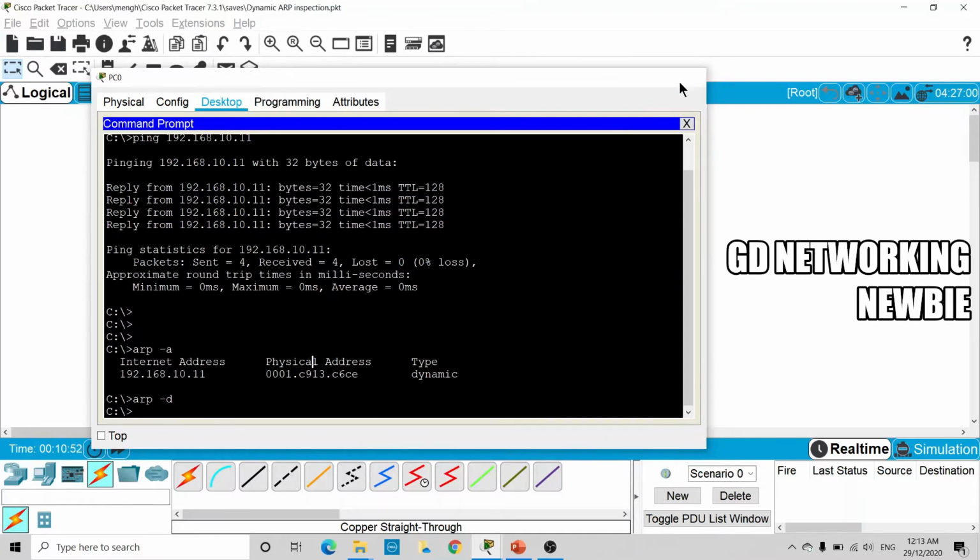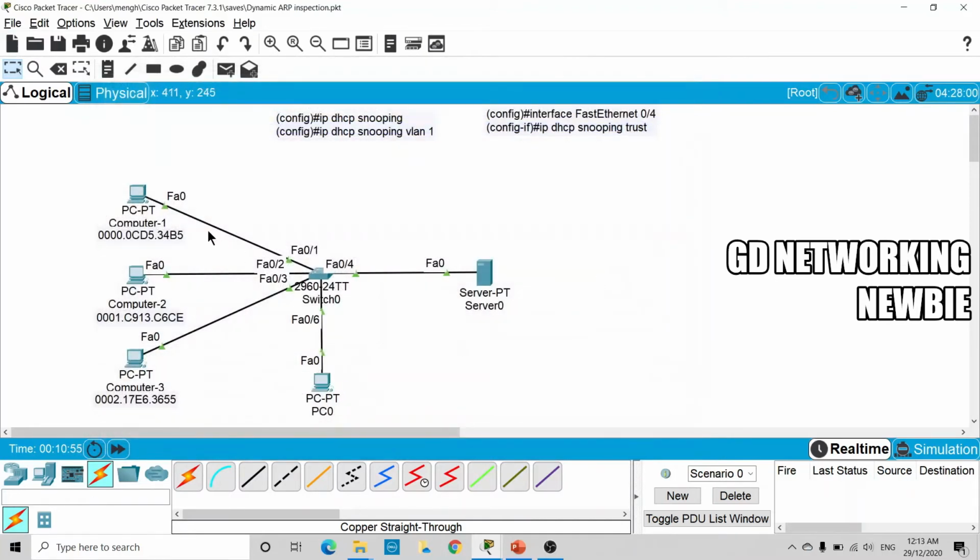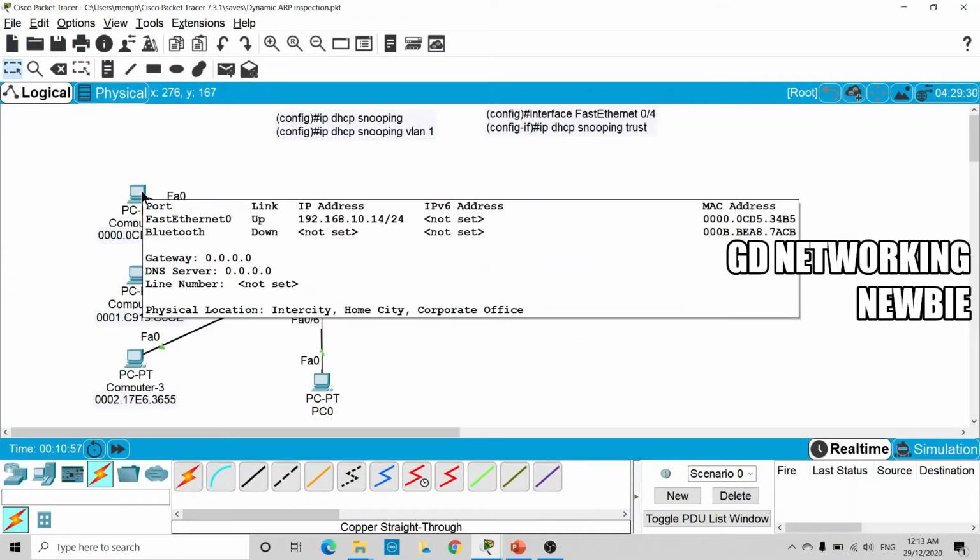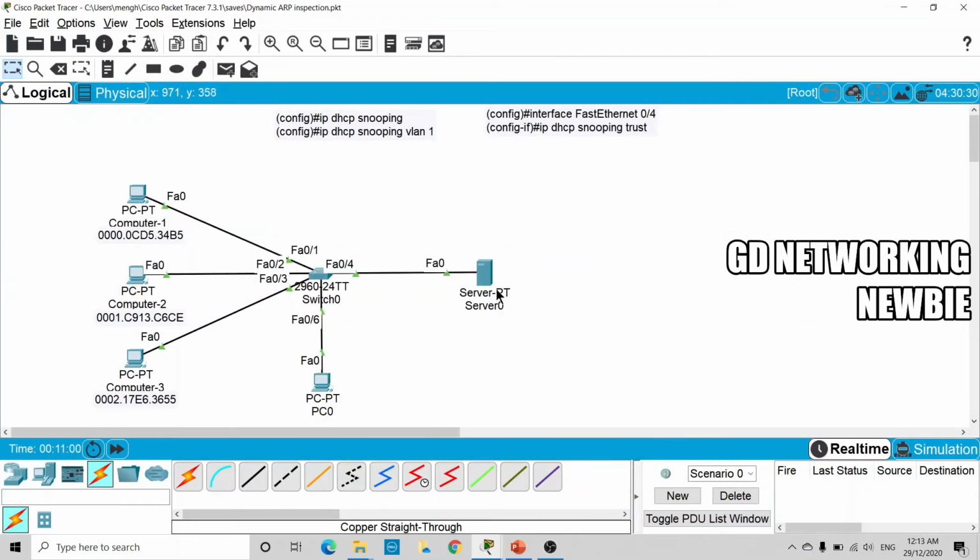And now let's suppose that this computer has an IP address, but basically this IP address has been assigned by the DHCP server to this computer, and this information is stored in the record or in the database of this switch. Now with this ARP inspection, when this computer sends an ARP request to find out the MAC address of the PCs where we want to send maybe our ping message, then the switch will check this and maybe it will block it. So this should work like that.